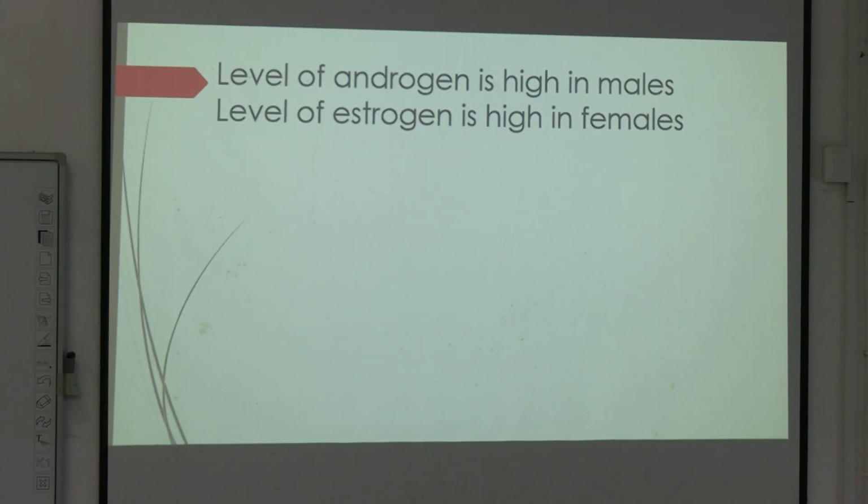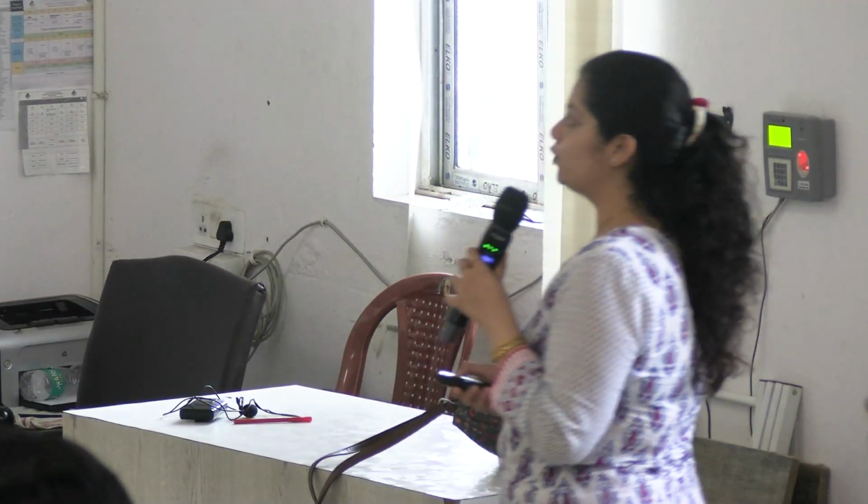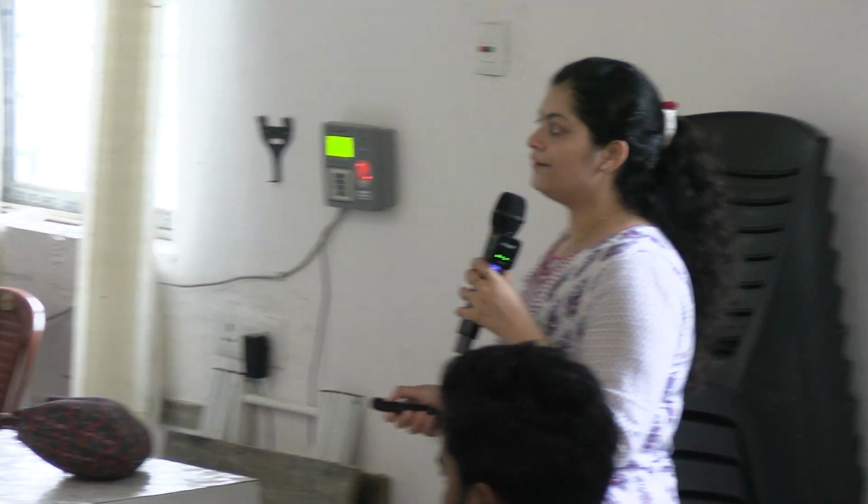So next, the level of androgen is high in males and levels of estrogen is high in females. This is what you know, okay? So here in case of BPH, what happens? Due to the advancing age in males, there will be a decline in androgen and increase in estrogen, okay? So because of which the periurethral inner prostate is responsive to this increasing estrogen. So the periurethral region will be hyperplastic, okay? So that place will increase in size.